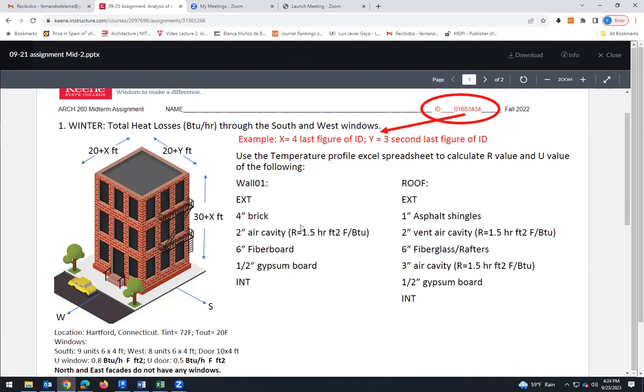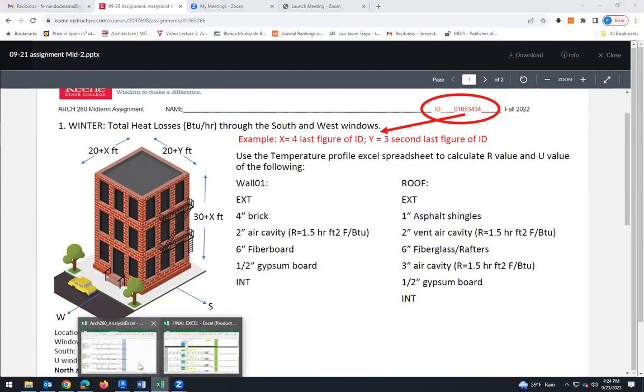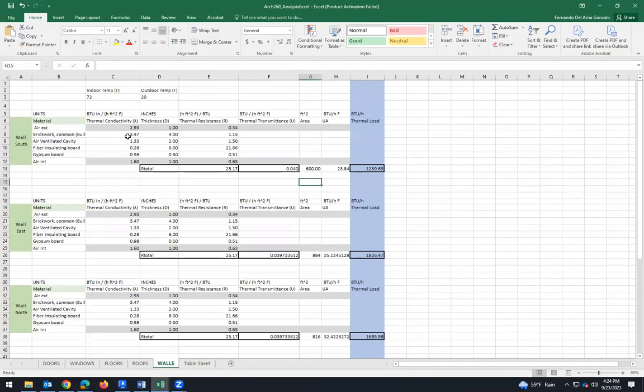And this is just to show you how to work with the roofs. We have already worked with walls, and now I'm going to show you how to work with this roof. You have to work with this Excel file. At this point, we have already created the drop-down list. So when we change this material, the conductivity changes, and we have the thermal resistance and thermal transmittance. We have to type the area. This is the UA, and then the thermal load. So if we go back to the brick,